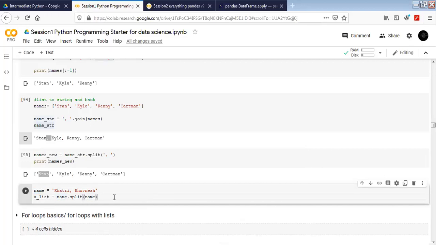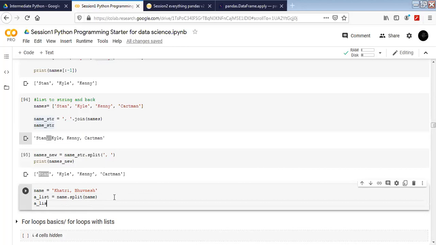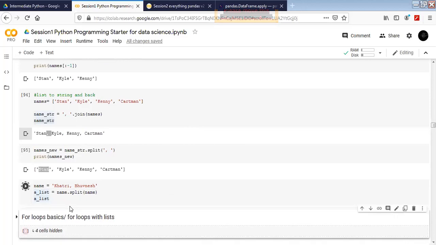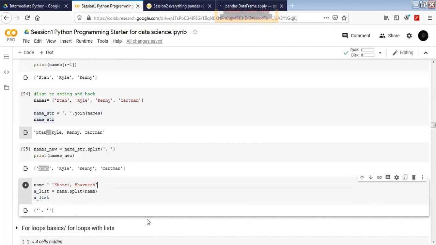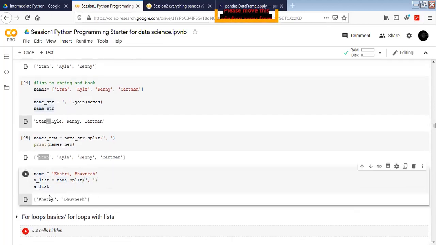So what is it going to return to us? Anybody can explain this? Yes, it's going to be a list, which is going to have, sorry, the comma space, and this is going to return Khatri and Bhuvanesh, these two elements of a list.